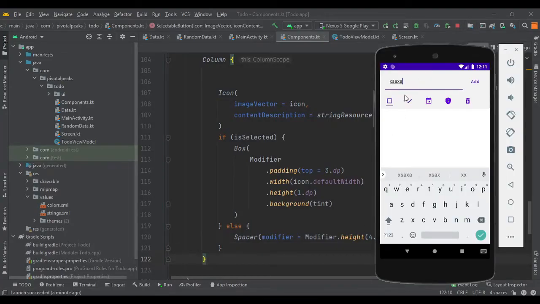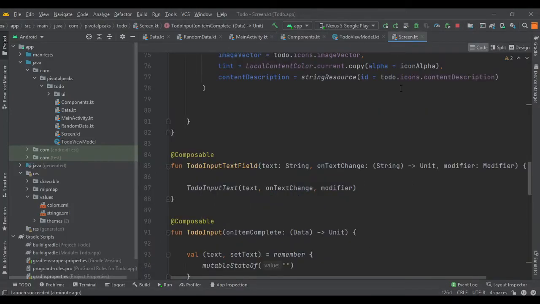So let's see if it's working or not. If we select this and add, it's not adding the selected icon, and that's because we have not updated our add button. We need to pass the selected icons. So let's do that.